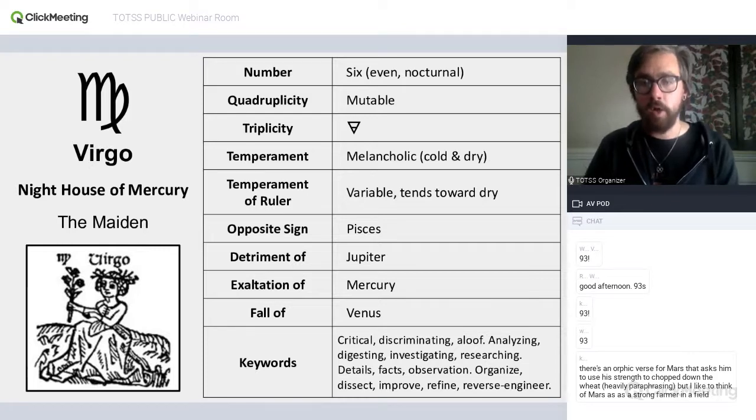But compared to air, earth is definitely the more stable and the drier as well. And so we can think about how Mercury in an earth sign compared to an air sign might help to balance out some of Mercury's natural tendencies towards variability and inconstancy.